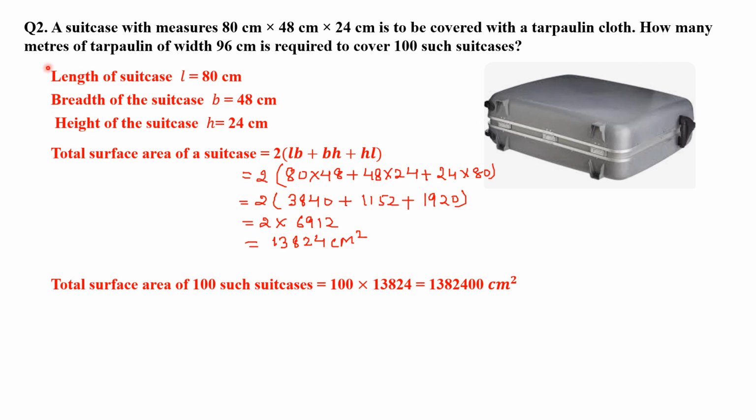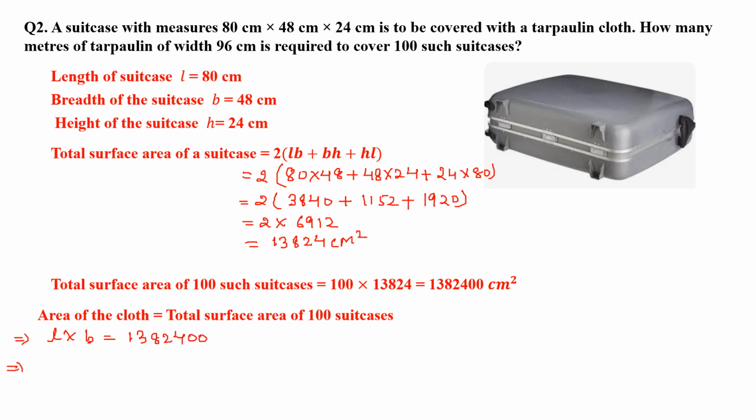And what you have to find, how many meters of tarpaulin of width 96 centimeter is required. Means the fabric which you are going to buy, the cloth, width is given, width is 96 centimeter. You have to find what will be the length of the cloth. So from here, can I say area of the cloth will be equal to the total surface area of 100 suitcases, right? Because with that cloth only you are going to cover all the 100 suitcases. So from here you can write area of the cloth equal to total surface area of 100 suitcases, and area of the cloth will be length into breadth, and this is going to be equal to